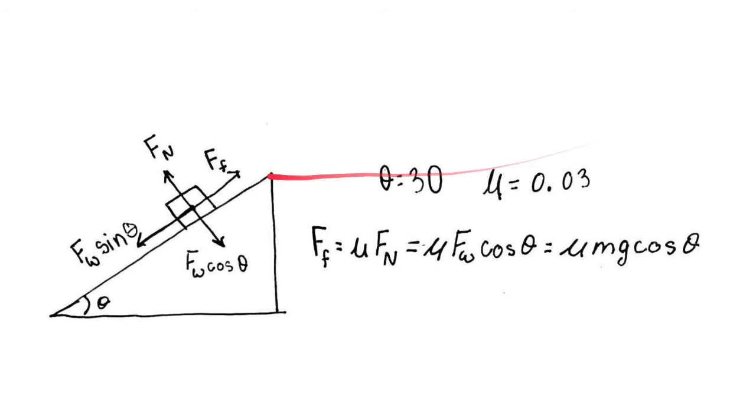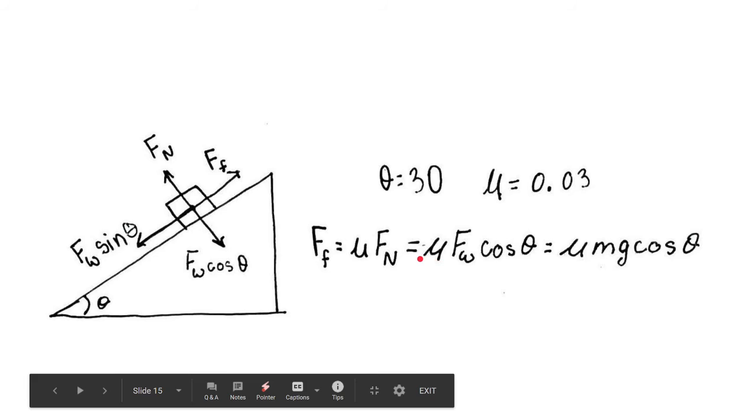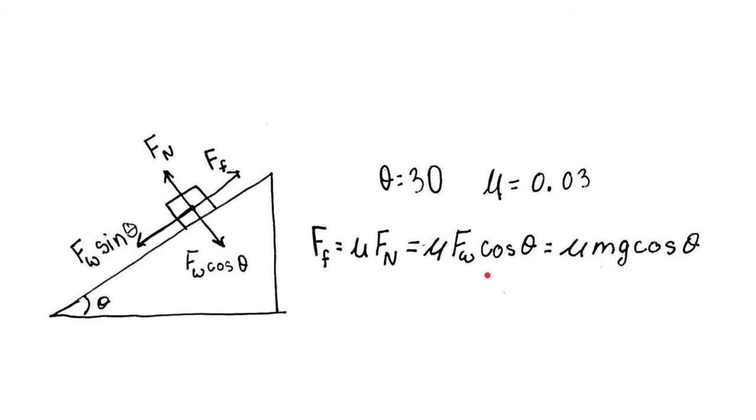So, first thing we're going to do is solve for our friction, or at least get a formula for our friction. So we know that friction equals mu times normal force, and as we said earlier, our normal force is just going to equal force of weight times cosine theta, so we have mu times force of weight cosine theta. And we also know that force of weight is just mass times gravity, so we get mu times mg times